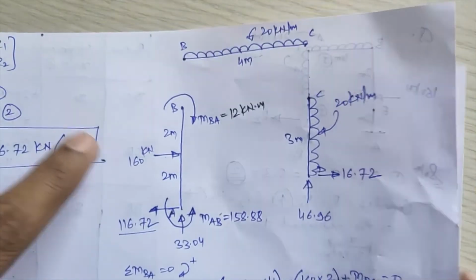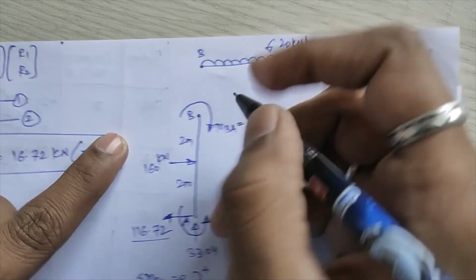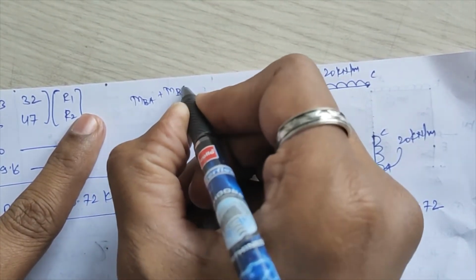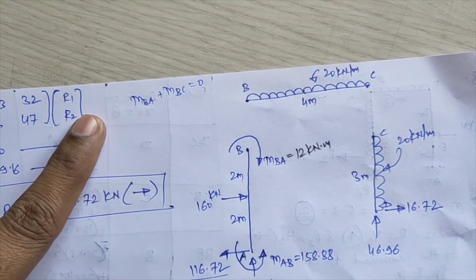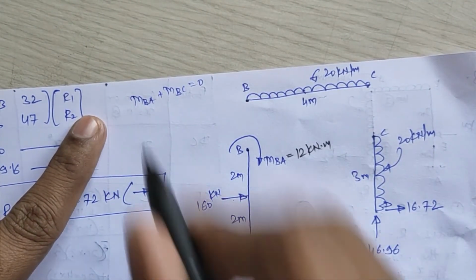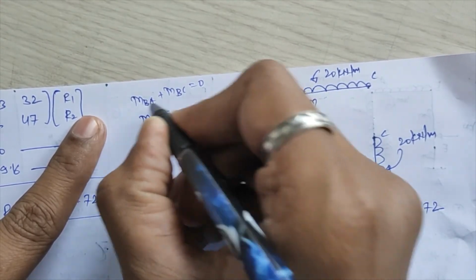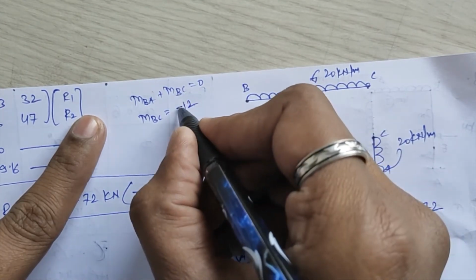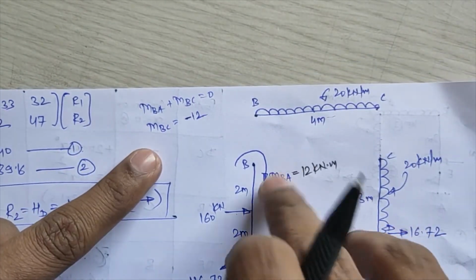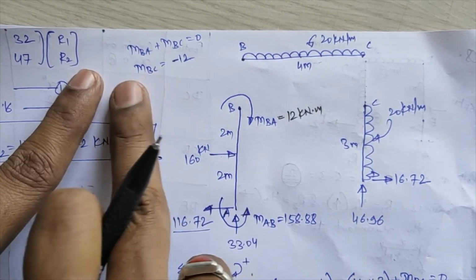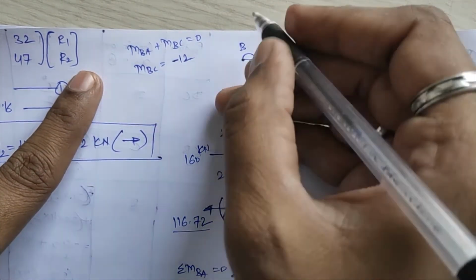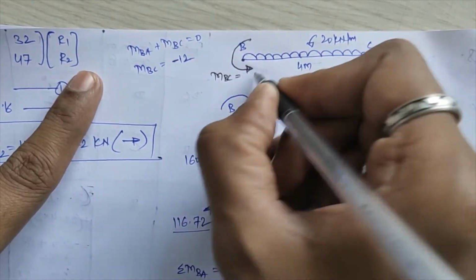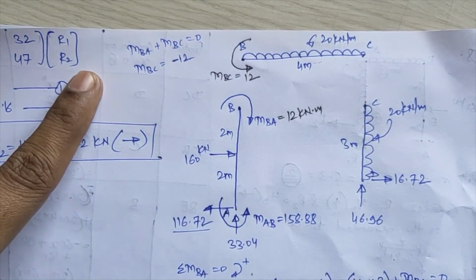Now if you apply the boundary condition at this point B, what I'll get will be MBA plus MBC shall be equal to 0, right? But MBA I am getting equal to 12, so MBC will be equal to how much? This will go over here, that I'll get as minus 12. Minus indicates that here it is acting opposite to the MBA direction. So MBA is clockwise here, so this will be anti-clockwise in nature. So here I am getting this MBC as anti-clockwise 12,